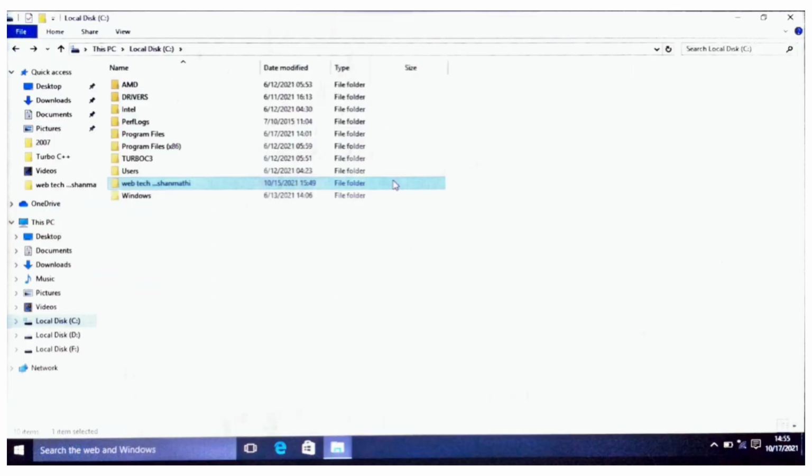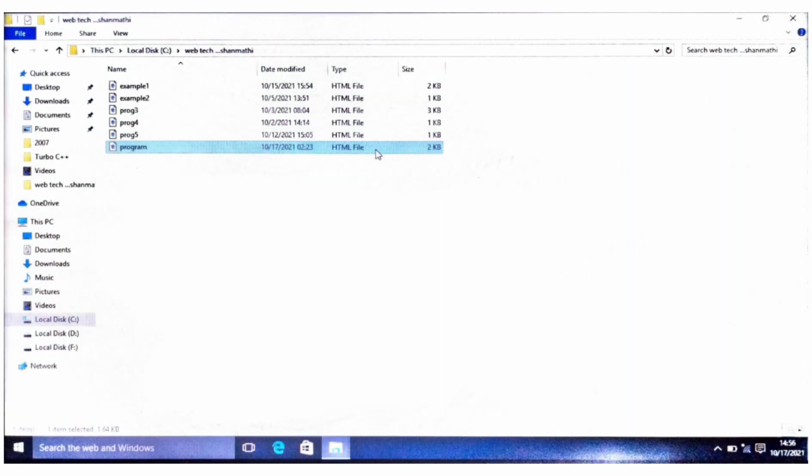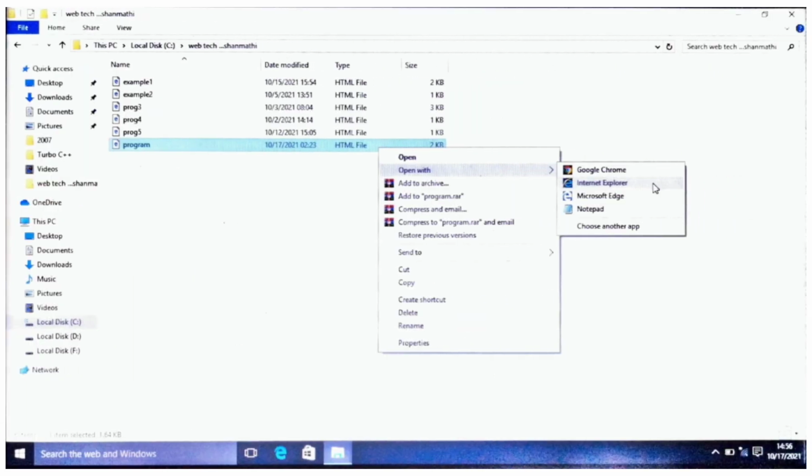In order to get the output of the program that we saved, we have to go to the My Computer folder, and there in the local disk we can find our program that we saved. We have to right click the program. We can get options like this, displayed on the screen, like open with. We have to click on open with, and we can get options like Windows, Internet Explorer, Notepad. We have to click on Internet Explorer, and there we can get our output.